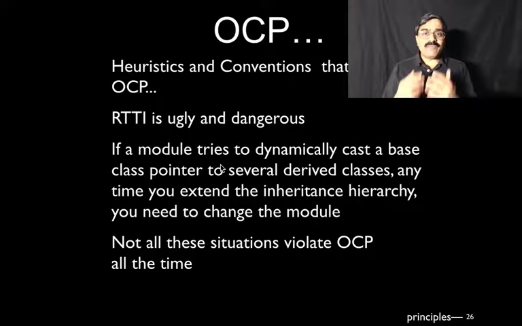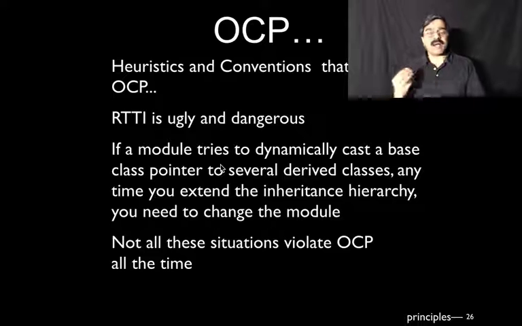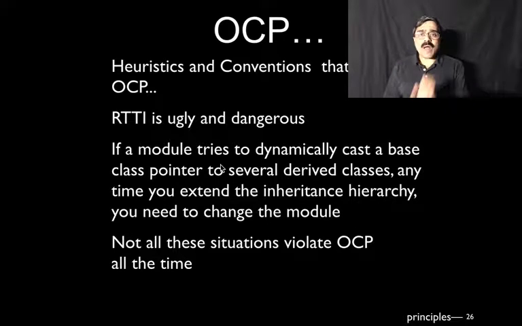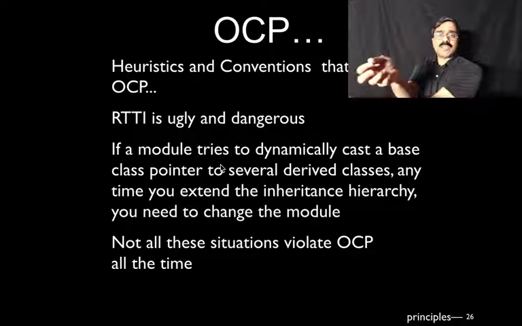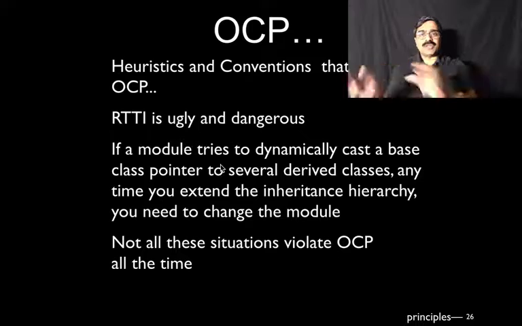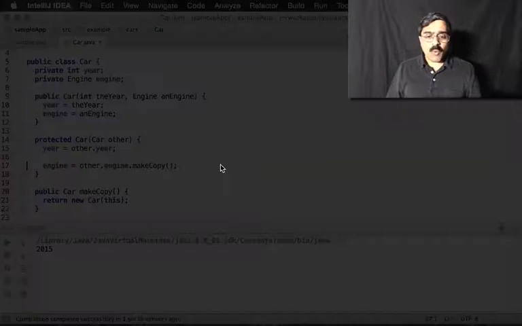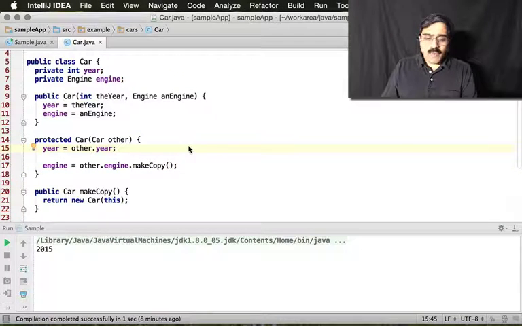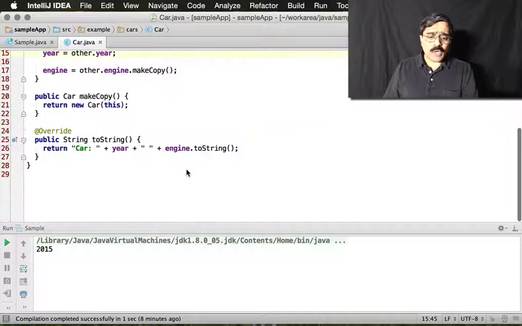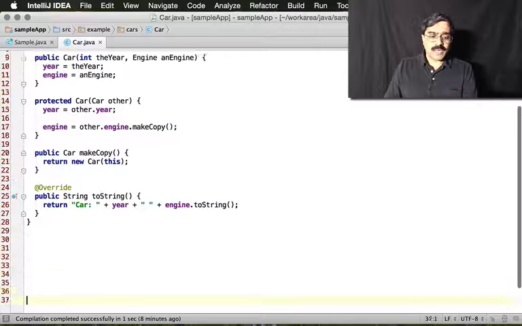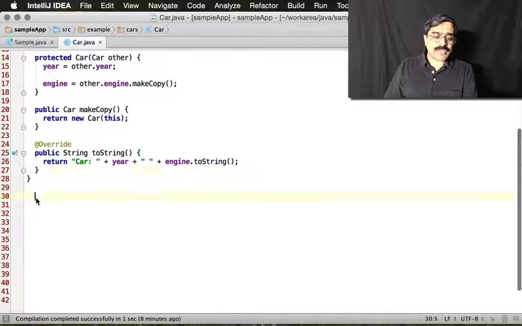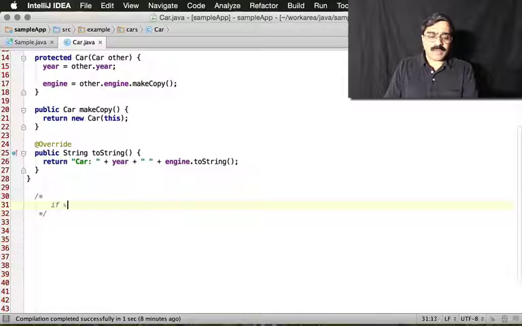So we can prevent these by relying on polymorphism. Rather than going to an object and saying, hey, what type are you, and based on what type you are, I'll do something special, instead, turn that into polymorphism. Suppose you have a piece of code that says something like, for instance, if the object